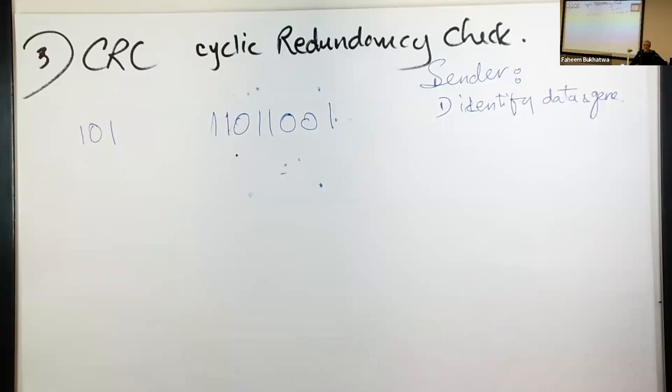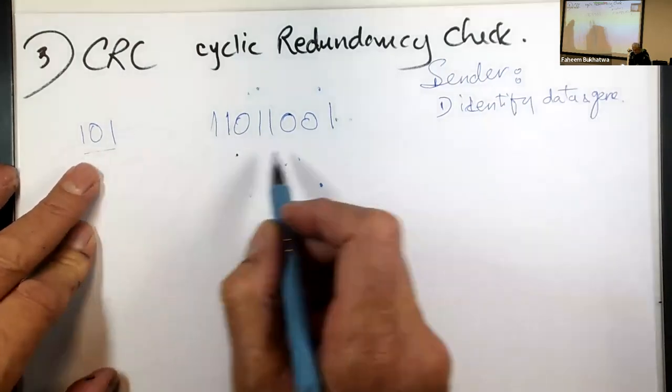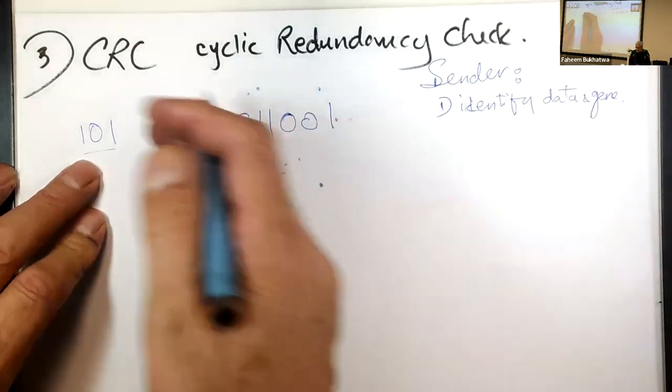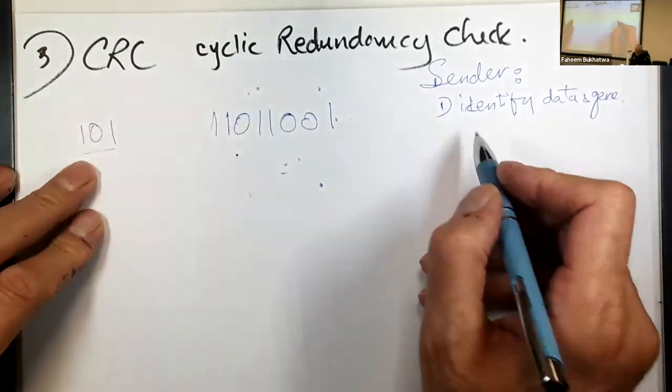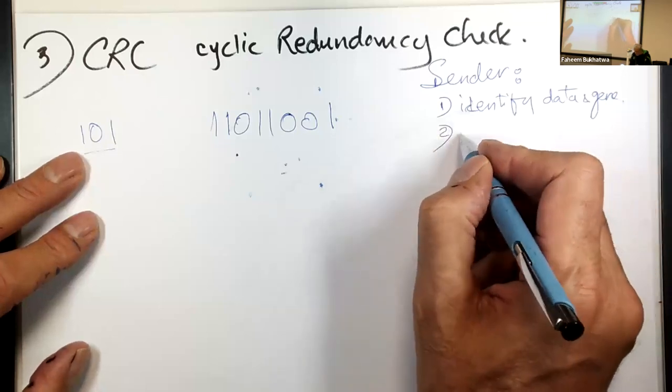They have maybe 4 or maybe 6 numbers. So your network will pick one of them and say, okay, you join the network, they tell you, here's our generator. You need to use the same generator for your error detection. But anyway, for now, that's our generator. It's a very simple one. And that's our data. This data can be thousands of bits. So we know them. Now, second item is insert